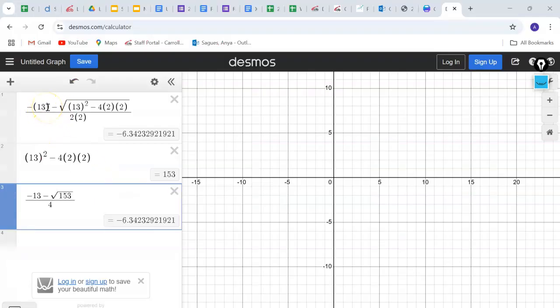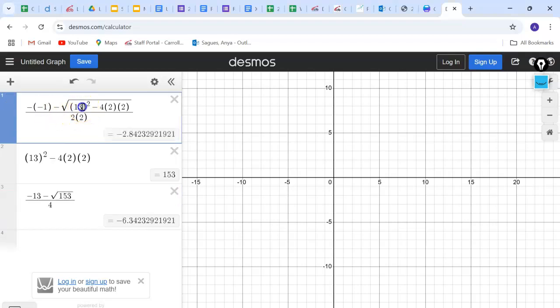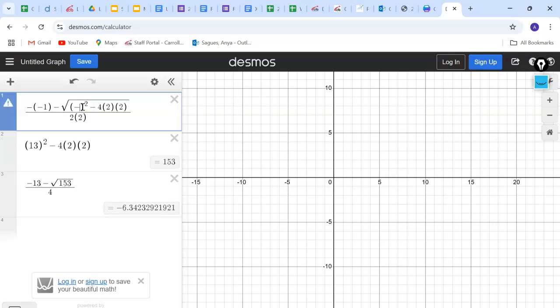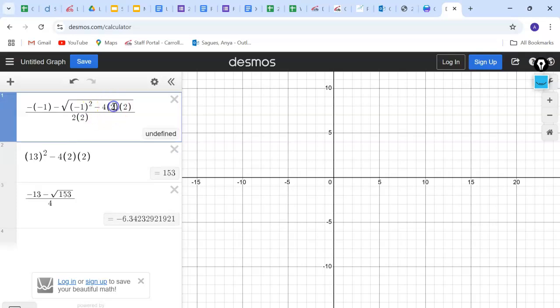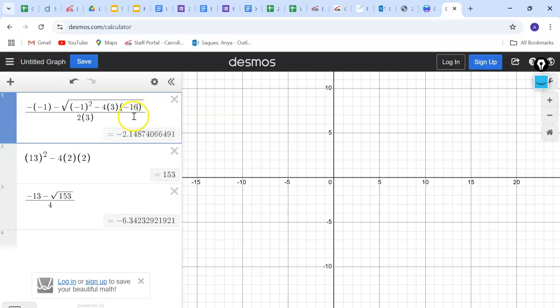Now, I know some students who like to just leave the same problem that they were previously working on and then just change out the numbers. So remember that b was negative 1, a was 3, and then c was negative 16. Okay, so it does give me an answer. It is a decimal answer. That's fine. So I just need to double check that if I am going to be writing this as a simplified answer,